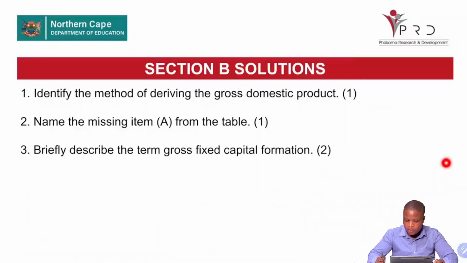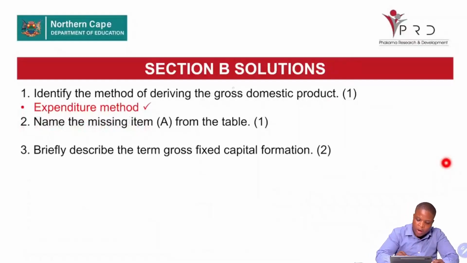Identify the method of the GDP that is used. You have three methods: expenditure method, production method, and income method. For the expenditure method, where you see consumption by household, gross capital formation, government expenditure, that is the expenditure method. Where you see primary sector, secondary sector, tertiary sector, the sectors of production, that is your production method. Where you see compensation of employees, net operating surplus, that is your income method. So this one started with your